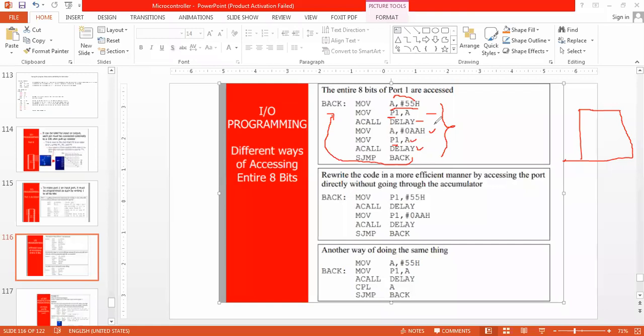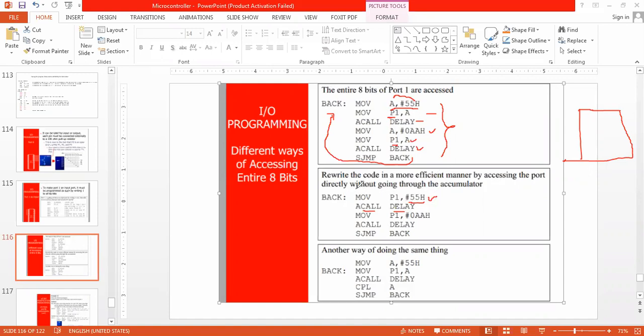Now, the same program can be written as MOV P1, #55H. Directly I can write the data to P1. Then ACALL delay. Before this, first I have to make P1 an output port.